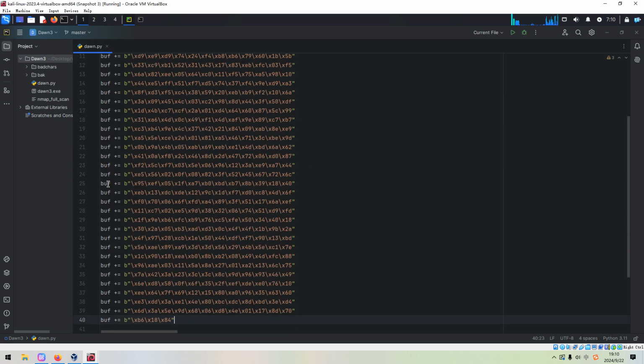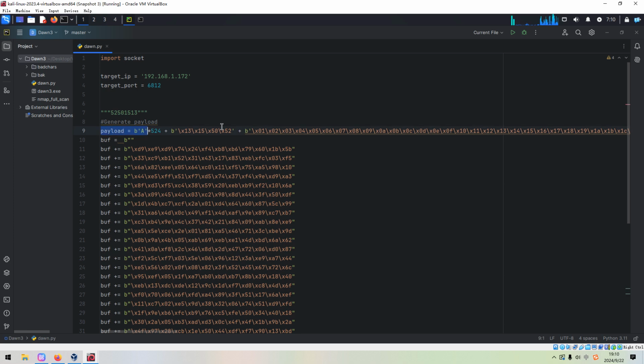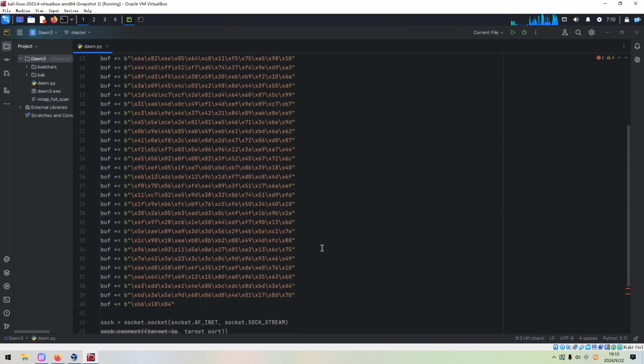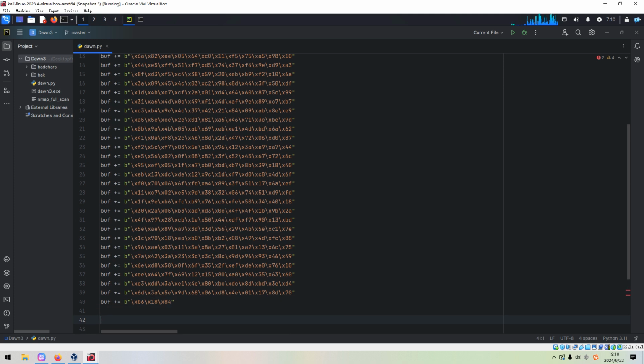Maybe I can enlarge the window. Paste over here. Okay. And this one. Okay. We can copy this part. And of course, we need to put in some no-operations.